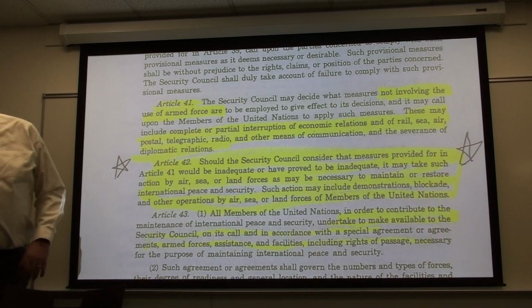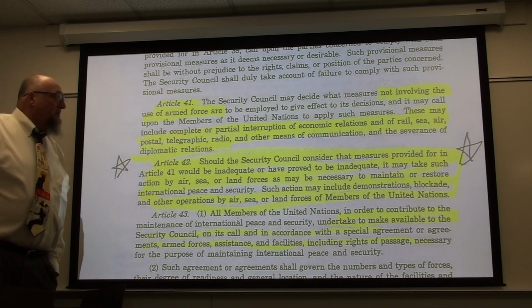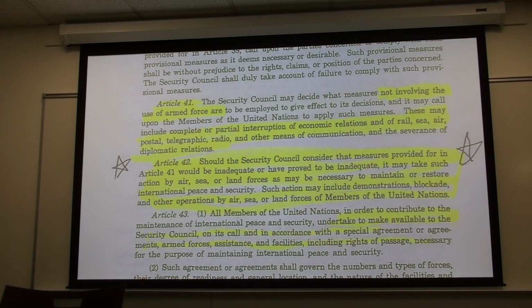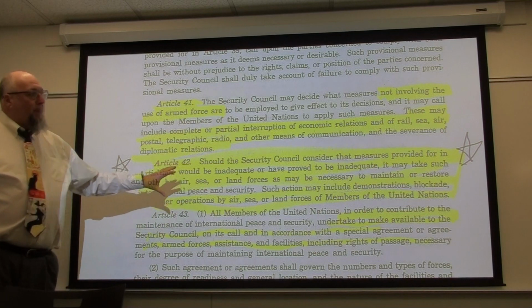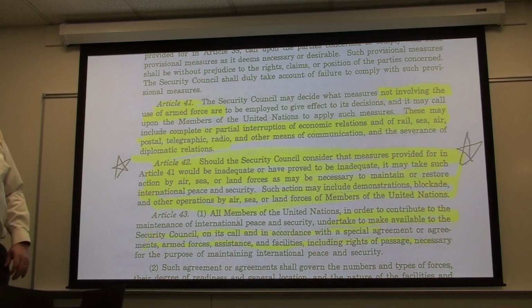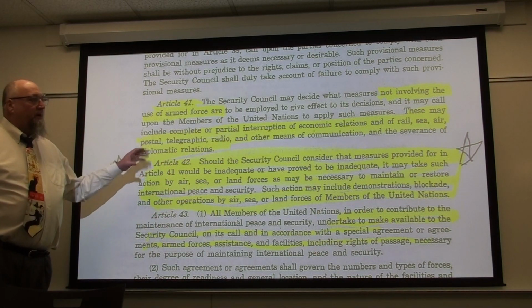All right, so we're on page 100. Finish up talking a little bit about the United Nations, and I think we were talking about Article 41 and 42 of the Charter. And just as a reminder, this is where we see